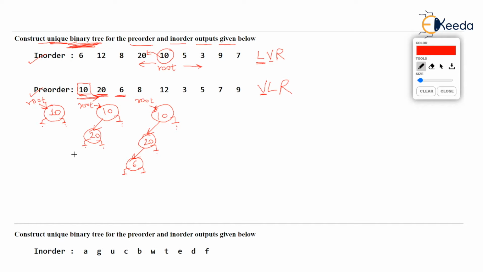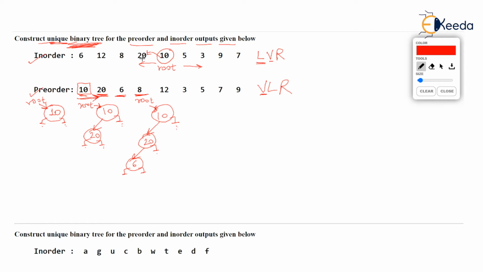Okay, let's take 8 now in the pre-order. From the pre-order traversal, take the fourth item, 8. Now let's go to the in-order again for help. We are adding 8. Always start from the root. Now where is 8 in this output with respect to 10? You notice 8 is to the left of 10. That is, 8 is to the left of root. So in our tree, 8 must go to the left of 10. But left of 10 is already occupied by 20. So we leave this 10, the root, and we go to 20.